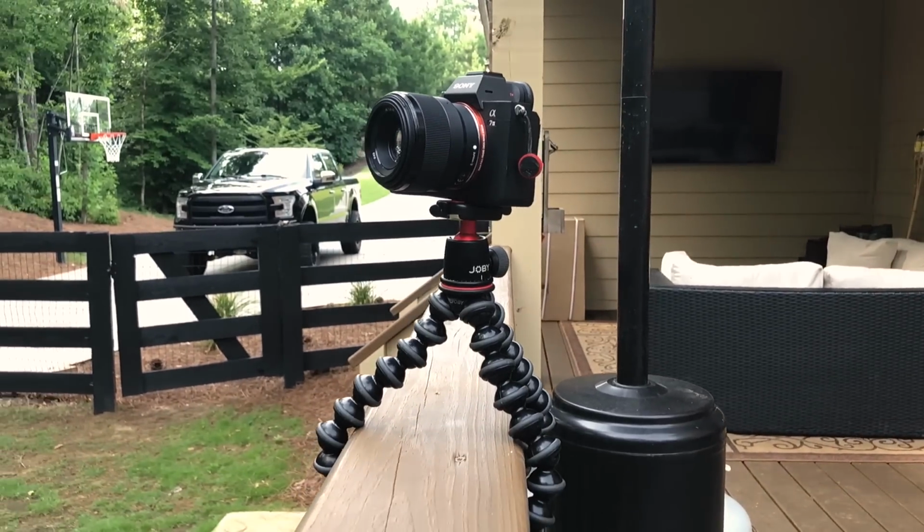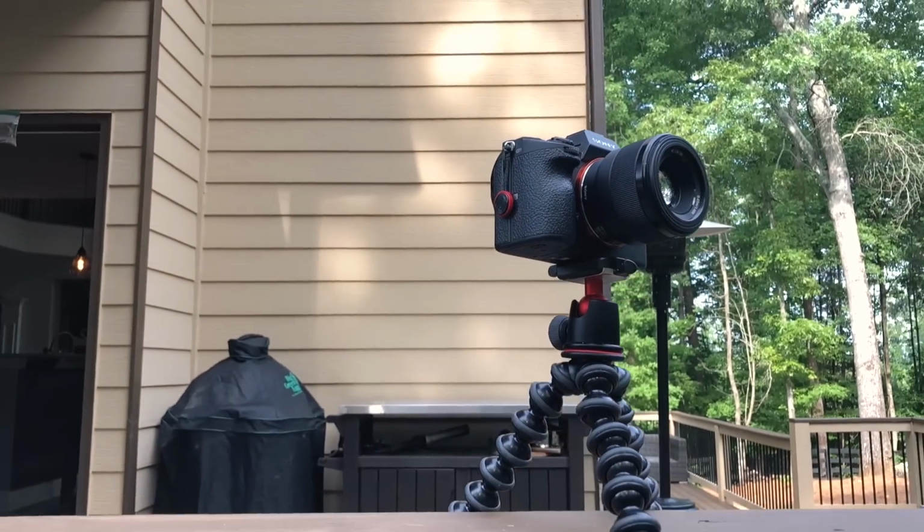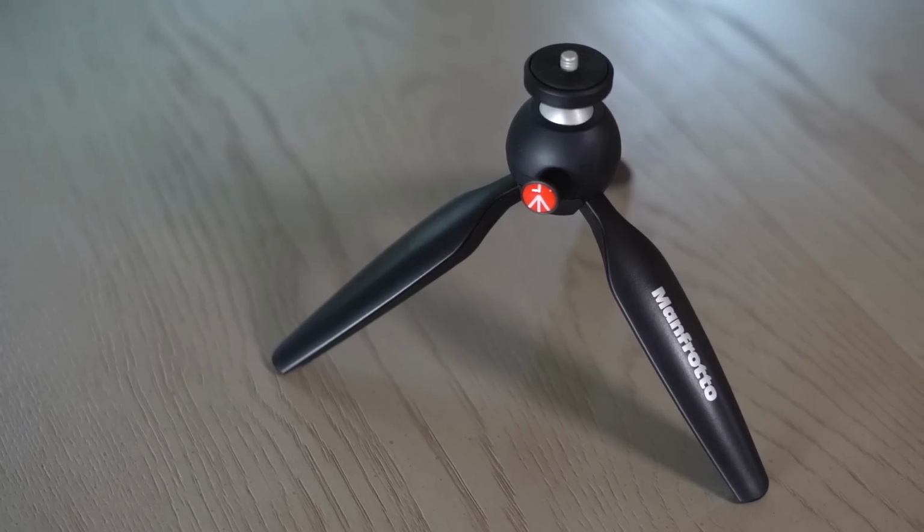It's really good for wrapping around objects and handheld because you can curve it and it's actually kind of long. Comes in at right around 70, 80 bucks depending on where you can pick it up, but a really good tool to have. The other thing I decided to go ahead and get, especially for tabletops, is this Manfrotto